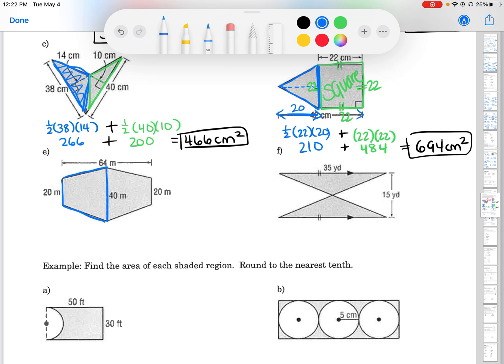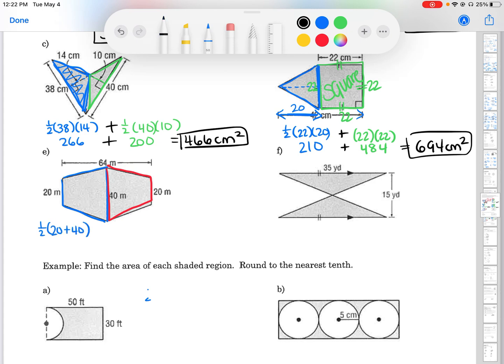All right. So we have 20 and 40 there. We also have 20 and 40 here as our bases. So the formula for a trapezoid is 1/2 base plus base times height, so 20 plus 40 times